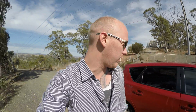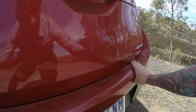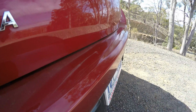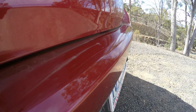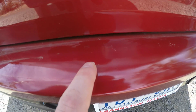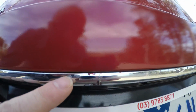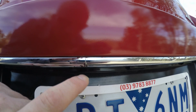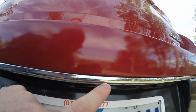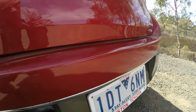And then when I get there, the first thing I noticed on it was just here. I'm not sure how well you guys will be able to see that in this video. I haven't got a display on this camera at the moment, but the first thing I noticed was these sanding scratches. You can see some like 80 grit sanding scratches, and then you'll definitely be able to see here that there's a bit of overspray and that molding has been cracked. And then there's also some sanding scratches where they haven't masked this trim up, and they obviously haven't pulled it off. So you can see